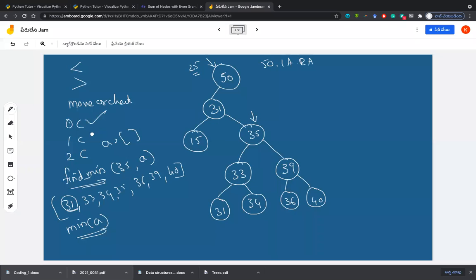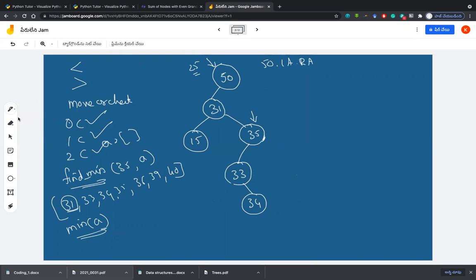Again, it finds the same thing. It repeats the same thing: 0 child, 1 child or 2 children. Then simply make it None and hence 31 is deleted. In all the cases, it is still following the rules of a binary search tree. Now I have another case for you. That means you have to write a recursive solution every time. You carefully think about how you can use recursion and do it. Don't think everything is difficult. Most of them are easy.